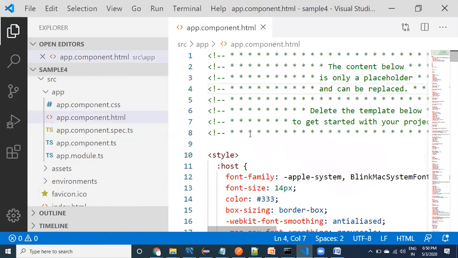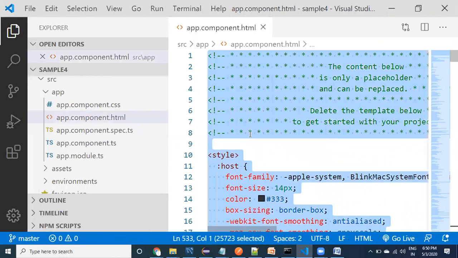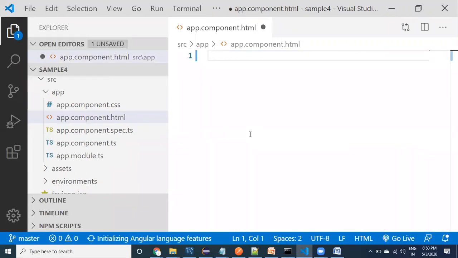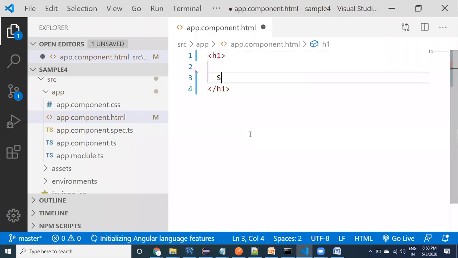I don't want all this code in the HTML, so I removed it. Here I want to provide an h1 with: Sample 4 application from Slocum Tech.